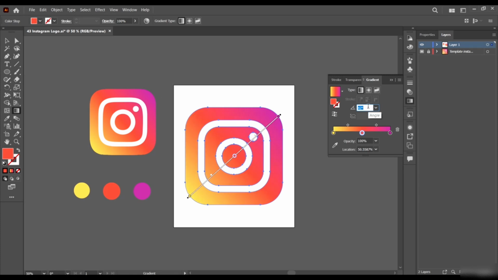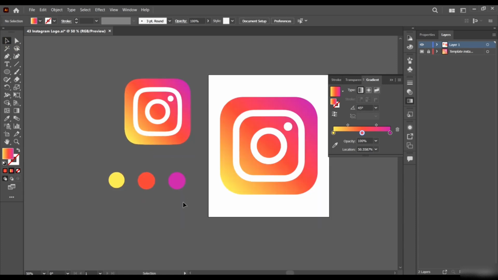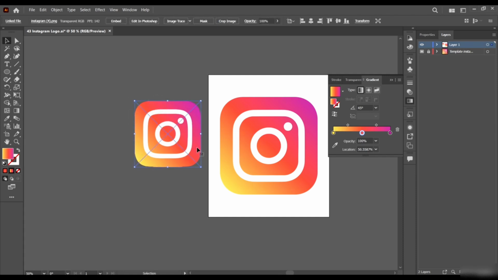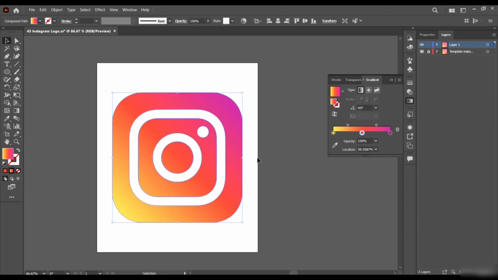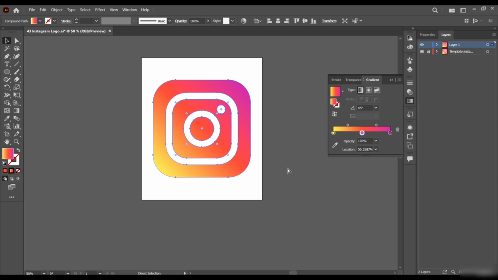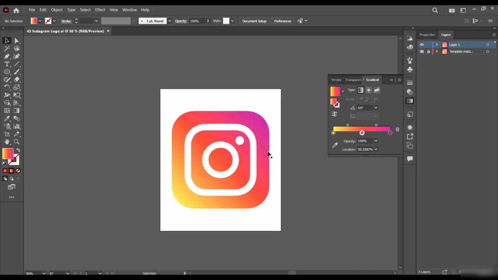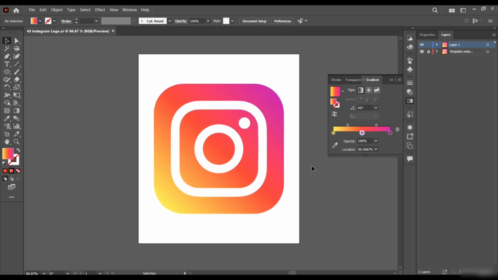Now I think I'm satisfied with this one, maybe 140. I'm satisfied between 140 and 145. So with 145. Now we can delete our colors and delete every other thing. And yeah, we now have our Instagram logo. Now we can save.